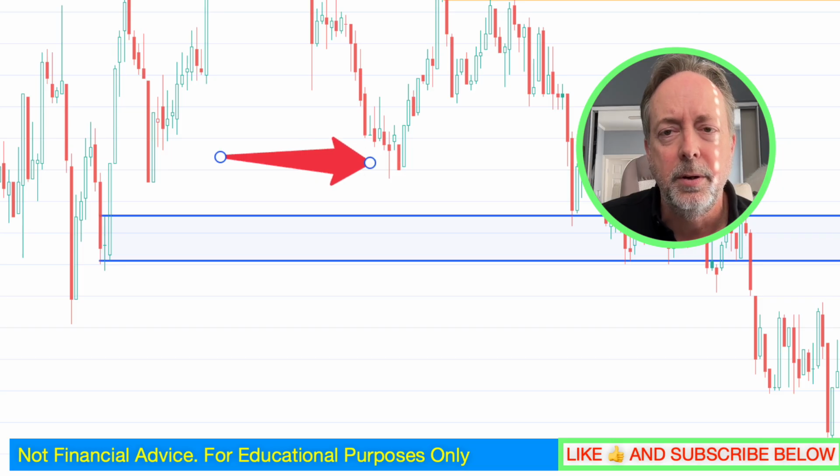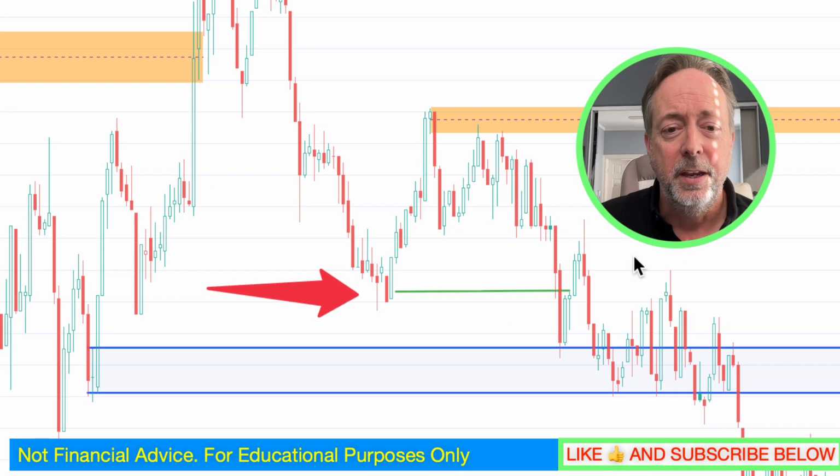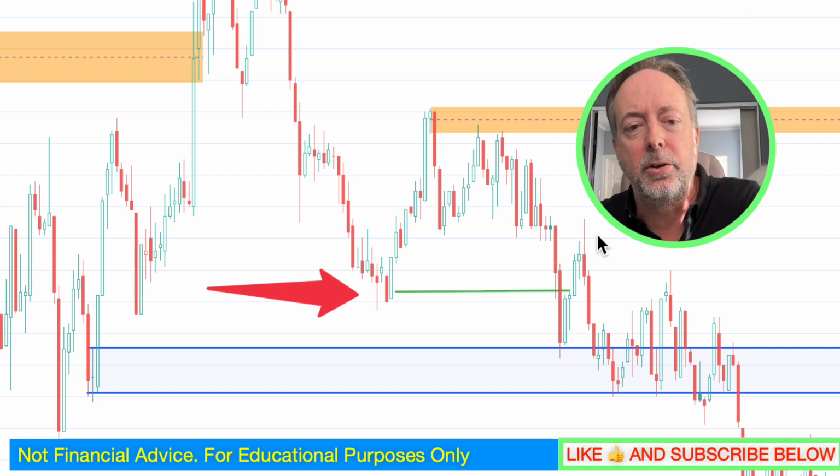Price came down, did a fake out, went back up, and then what do I do? I come in, I draw a line here, and if price shoots up and takes off again right here, then I don't have to worry about it. But I'm setting an alert, so in the event that price comes back around,